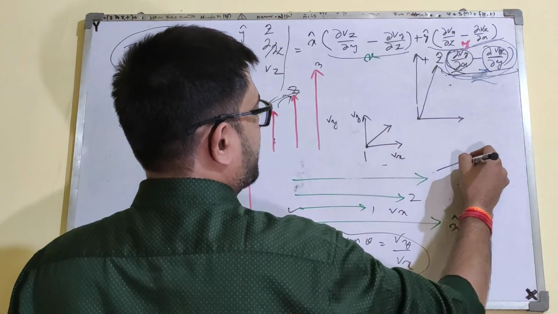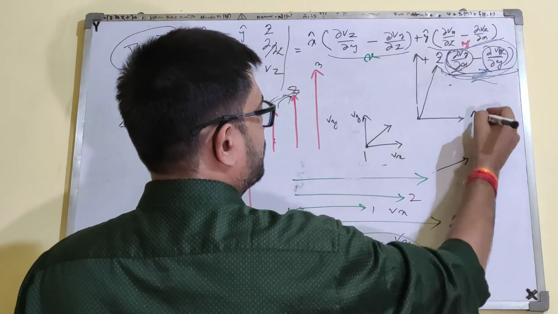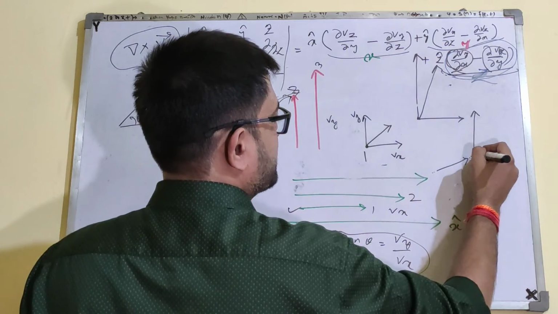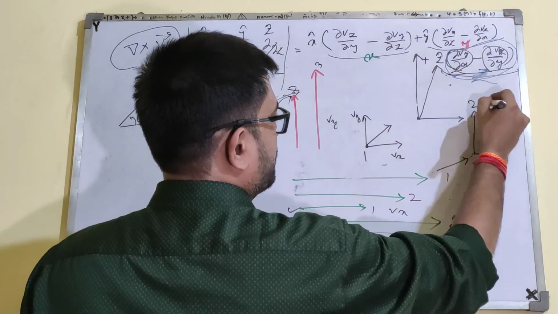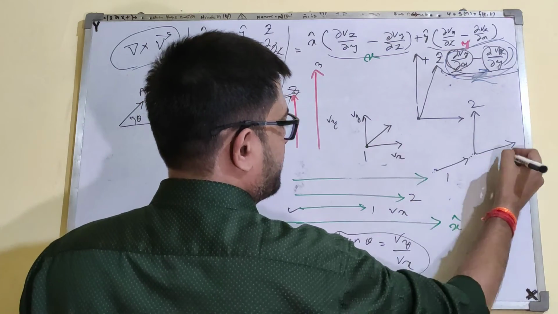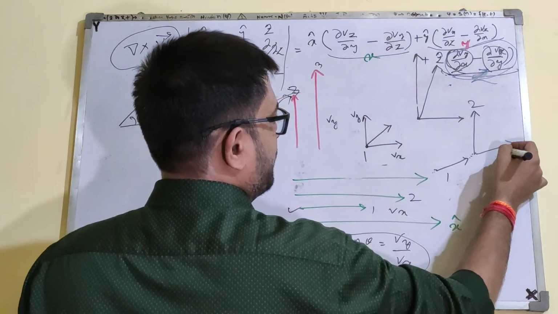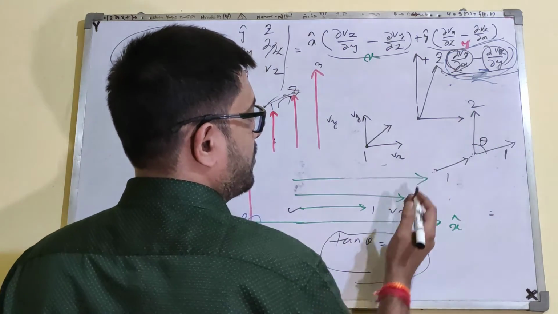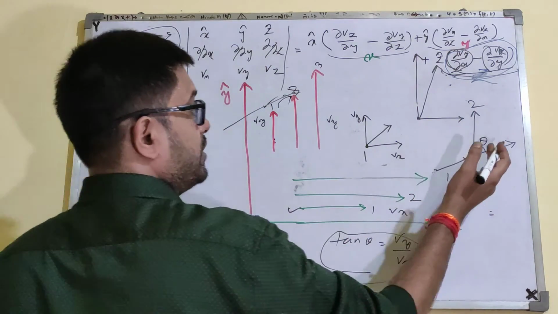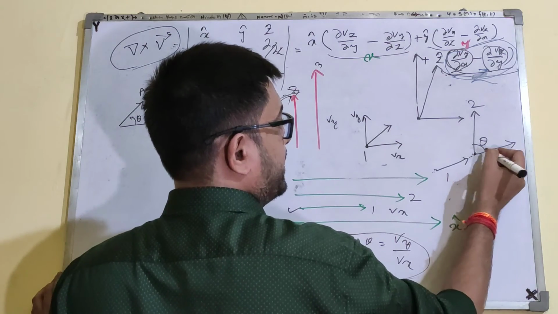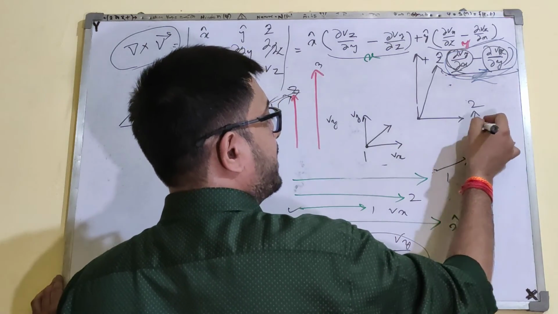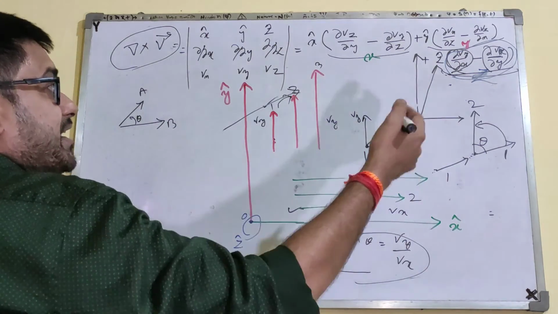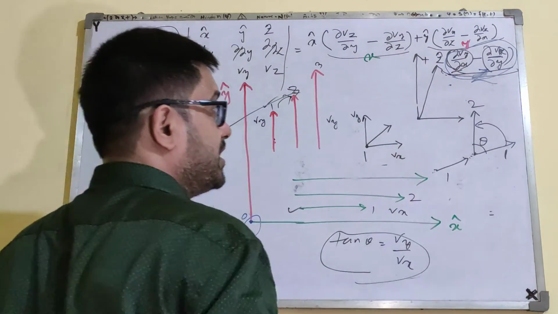And now you have vector 1 and vector 2, and if you just translate it to vector 1, this is vector 1 and vector 2. I take this vector 1 from here to vector 1. So now vector at 1 and vector 2 are inclined at some angle theta. So while I move from 1 to 2 in this vector field, I am getting a vector that has rotated by an angle theta in the anti-clockwise sense. I am starting to get some curl out here.